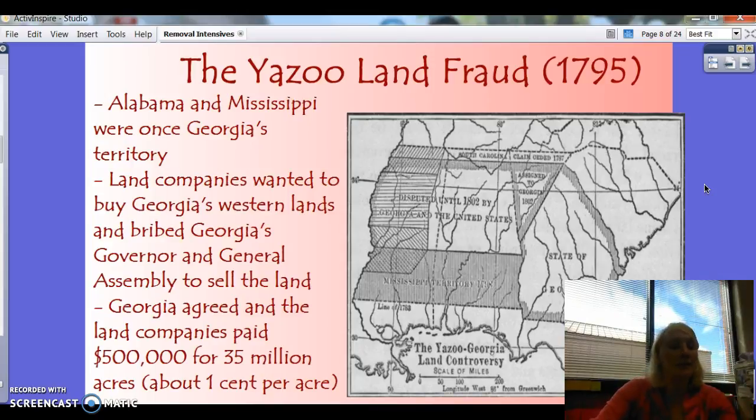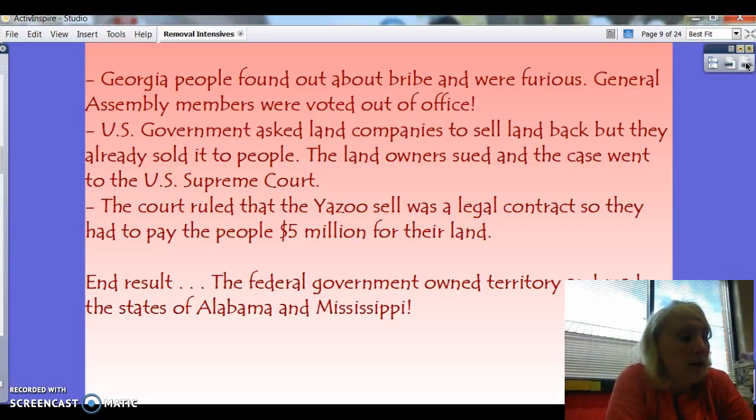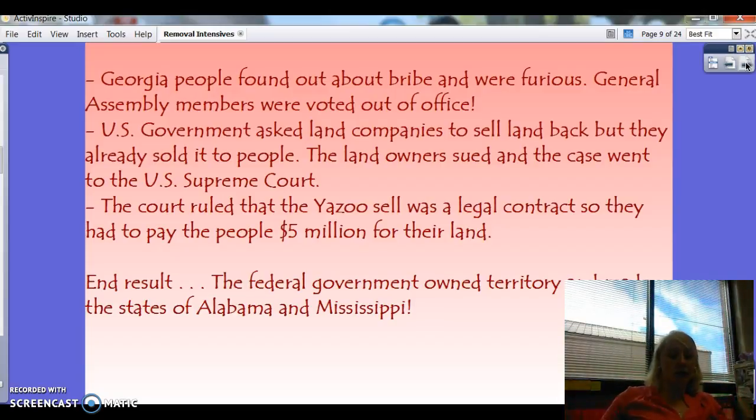But this ended up coming out into public view, and so people were like, wait a minute, where's all this land coming from? And they found out that the General Assembly members were bribed, and they sold this land basically without anybody knowing it. So what happened? Well, the U.S. government had to take that land back because it didn't belong to Georgia necessarily. So they actually had to buy out these people that had bought this land, because once the land companies sold the land to individuals, it was a legal contract. No matter how the land companies got the land, it was still a legal contract. So the U.S. government had to come in and buy out the individuals that had bought this land for $5